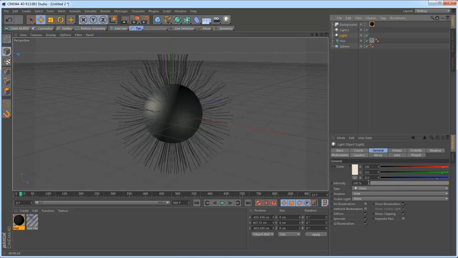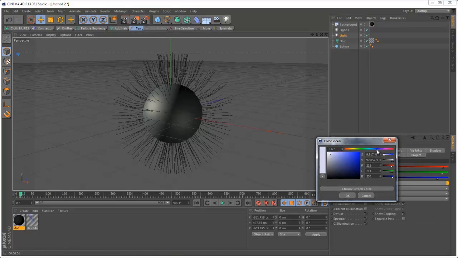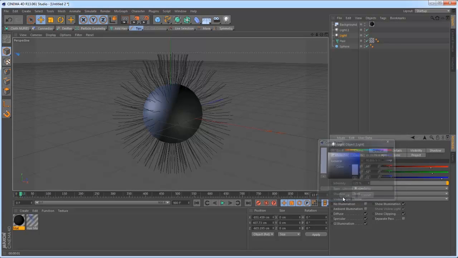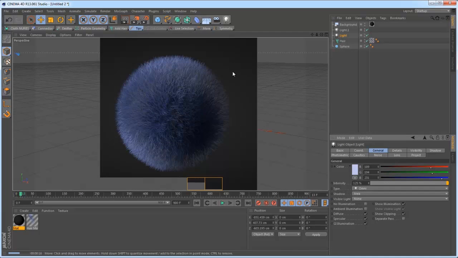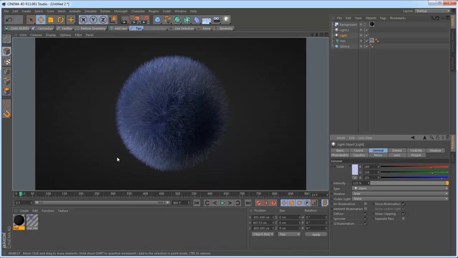Now if I make this main light over here a bit brighter, let's say 125, and okay, let's make it something like blue, you'll see that the hair will change. It will get a whole different new look, which is always awesome, because you can play around with this as much as you want. There's really no end to it. See? Now the hairs are